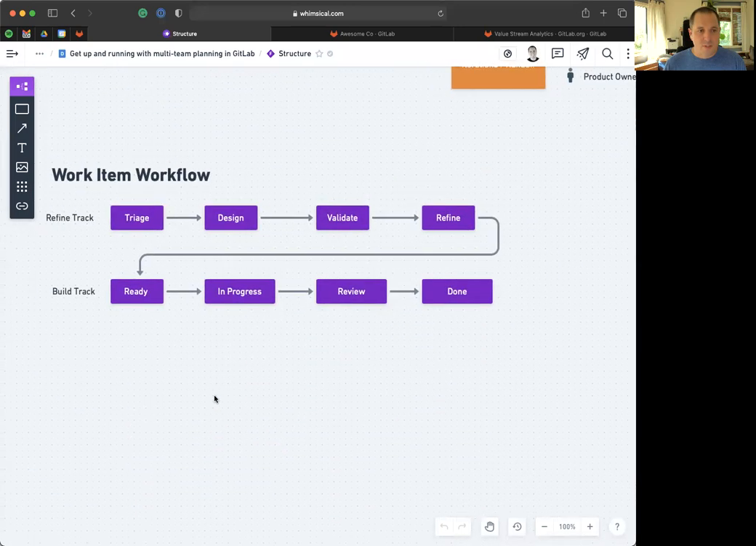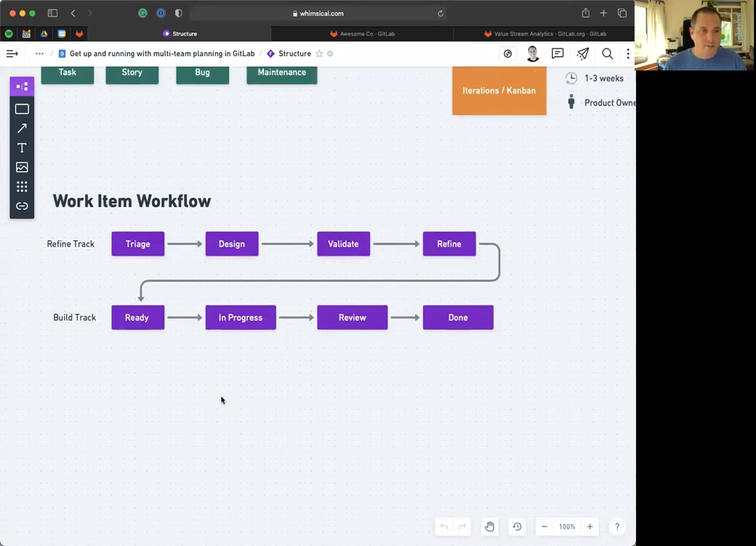AwesomeCo has also created this dual track workflow for work items. One is the refinement track, where you triage incoming issues or work items, you do the necessary design on them, you validate the solutions and the problems, and then you work with your stable counterparts to refine, break down, and estimate your work items. After that, it's ready to be scheduled into the actual build track, where they go into the